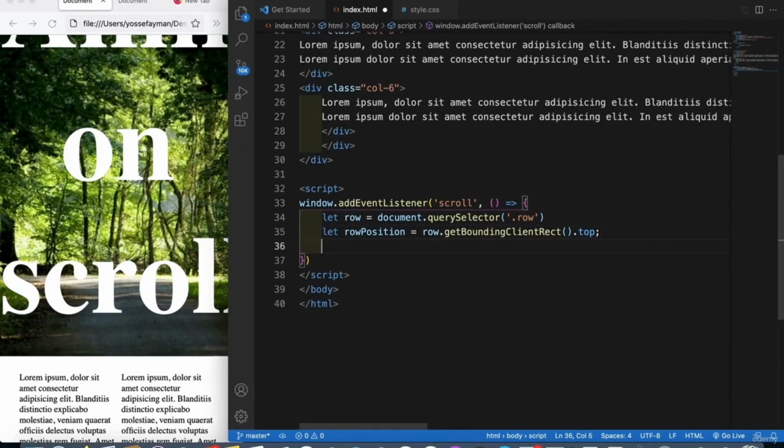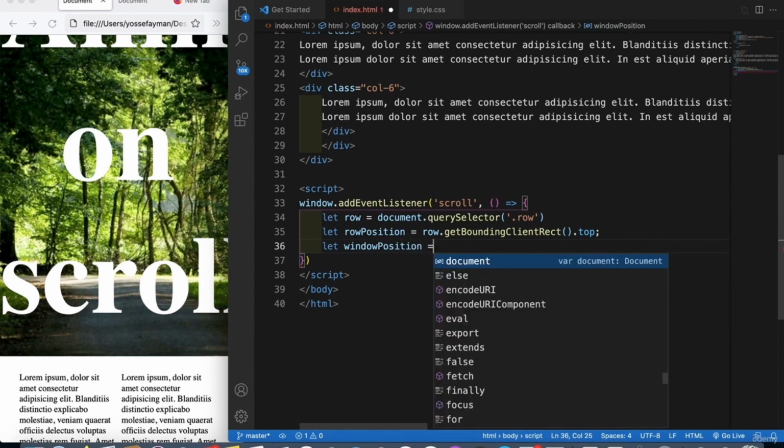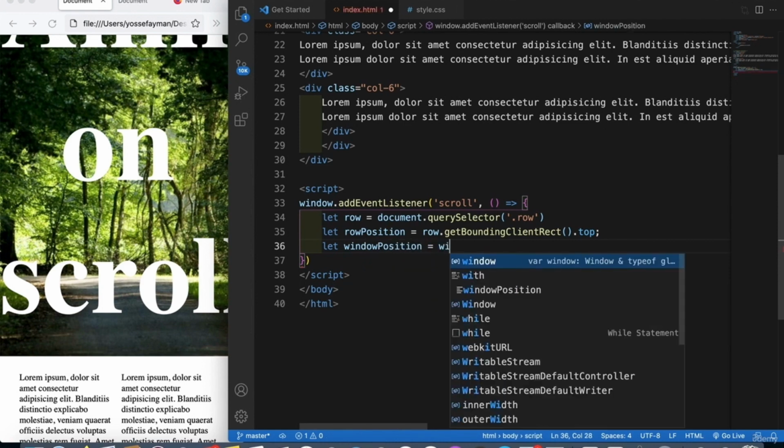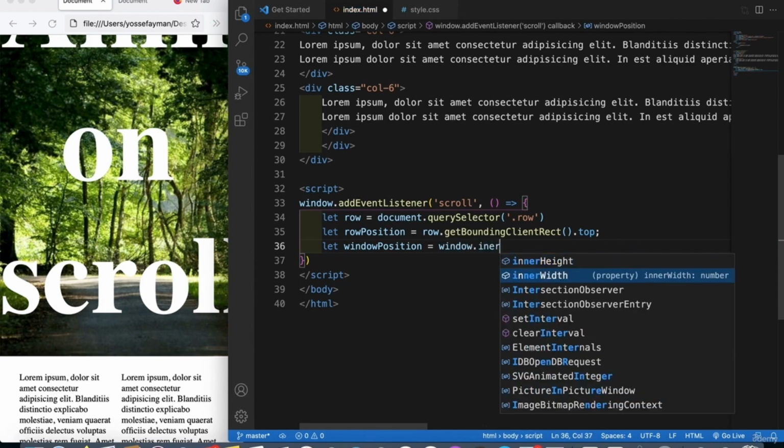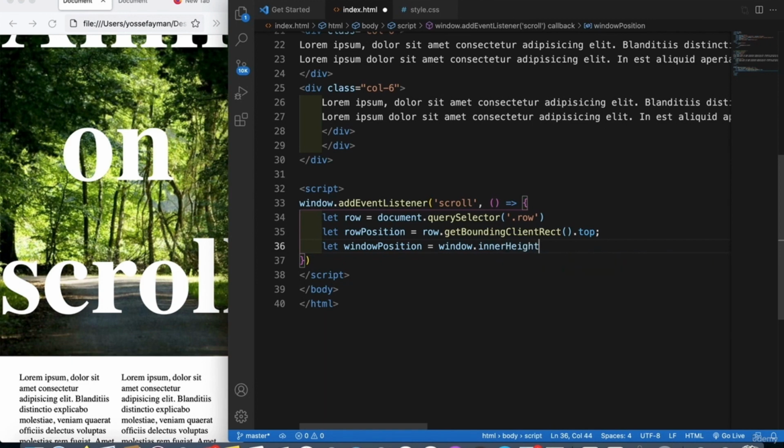And then let's make a window position, which is equal to the window dot inner height. And then right here we will make a function. If the position of the row is smaller than the window position, I will add the class of active, else